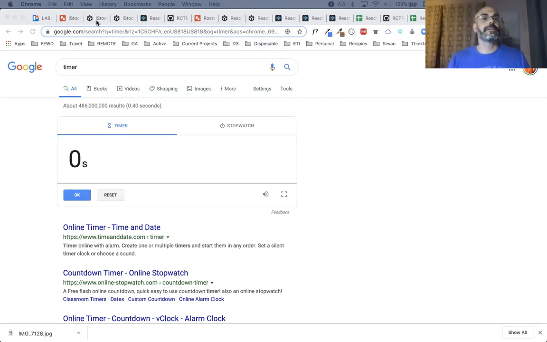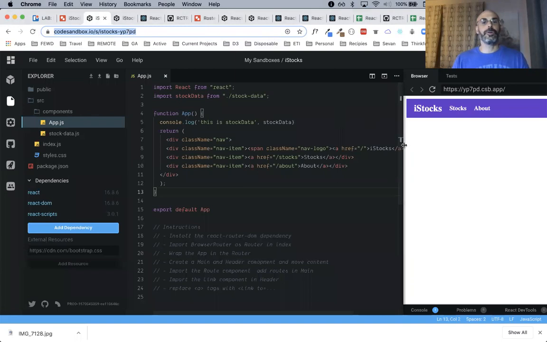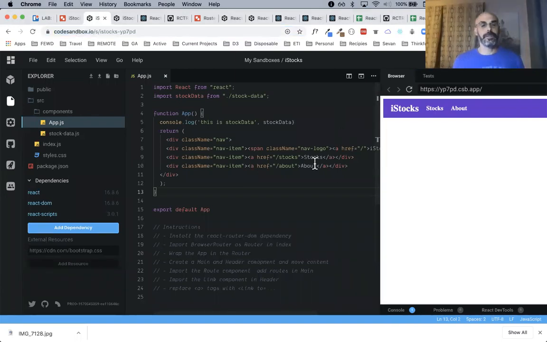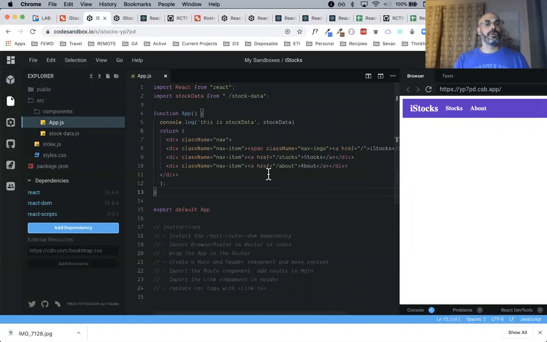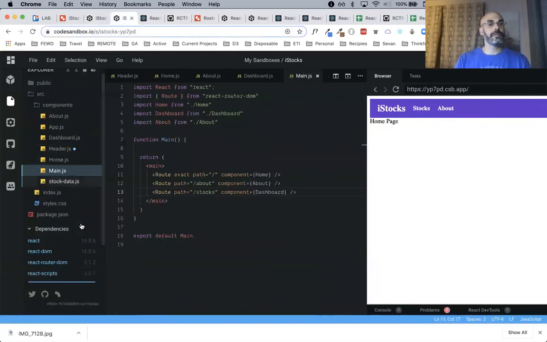Bring everyone back. Let's take a look at the solution here based on our instructions, right? So the first thing would have been to import React Router DOM.